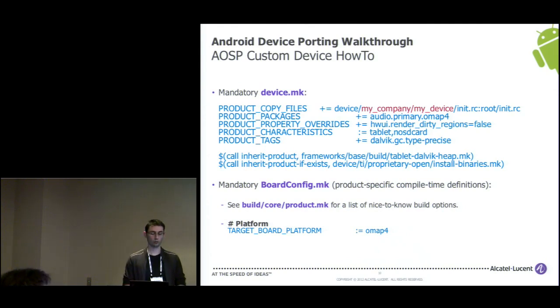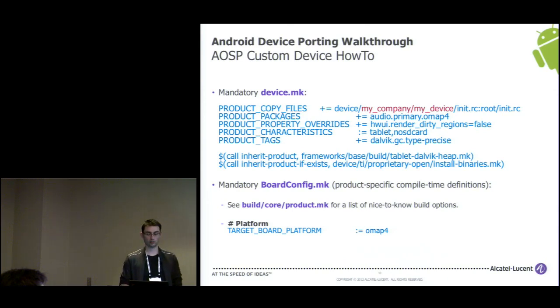The next thing that you might want to do is to create some device.mk file. Within this file, you have a lot of specific makefile rules that you may have to put. So for example, you get the PRODUCT_COPY_FILES, which is a macro that defines all the files that you want to see back within the runtime system. And you also have the PRODUCT_PACKAGES macro, which defines the packages that you want to build from the AOSP and include within your distribution. Same goes for the property overrides. We'll see that a bit later on, and different other kinds of makefiles that you want to include.